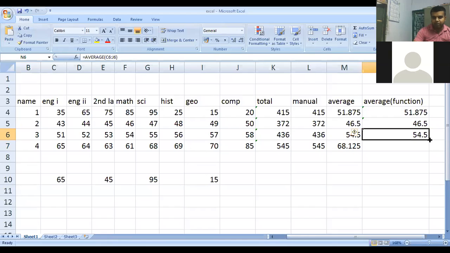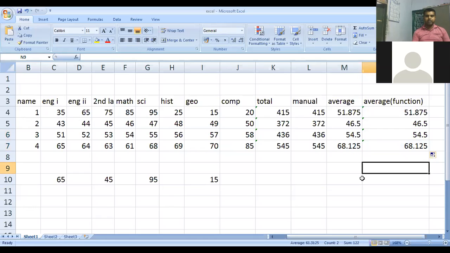I will click on the left mouse button, and without lifting my finger, I will drag it down towards the new cell, and after that I will remove the finger from the button. Once I remove it, as you can see, 68.125 also appears.